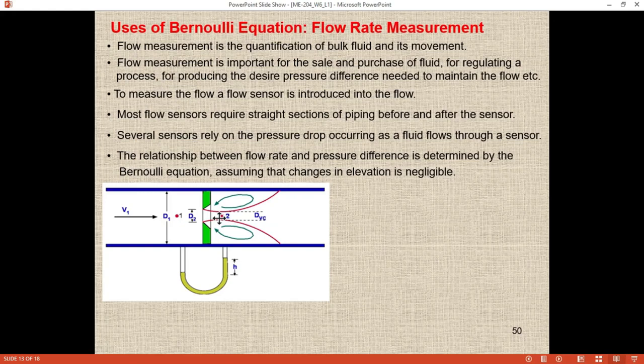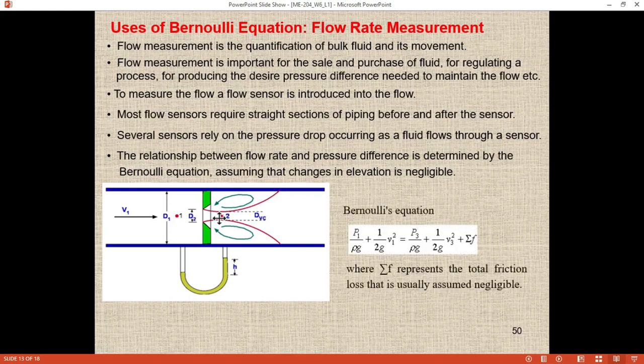So flow measuring devices are nothing but restrictions in a pipe. This is a kind of restriction, basically called an orifice. How does the orifice look? If this is a circular pipe, there is a circular disc inside. If you make a hole in the disc, you will find this opening, and this will work as an orifice.